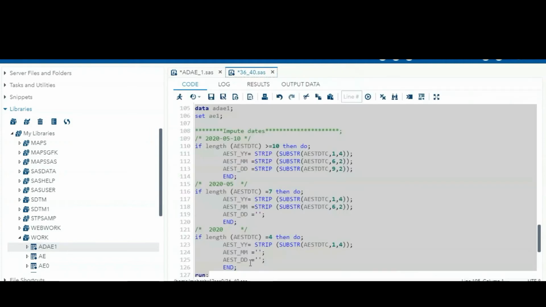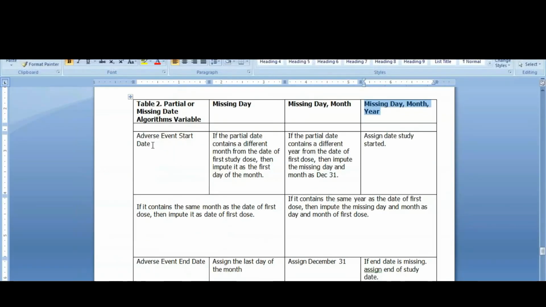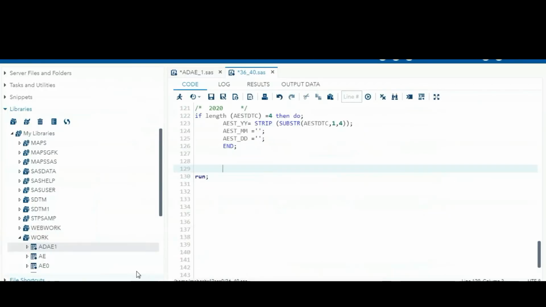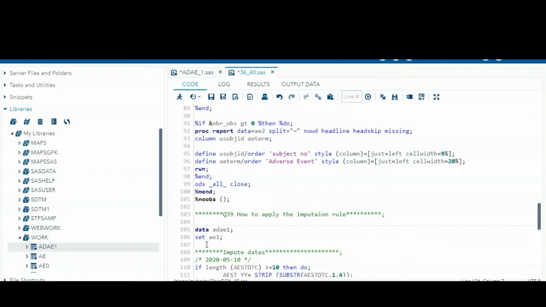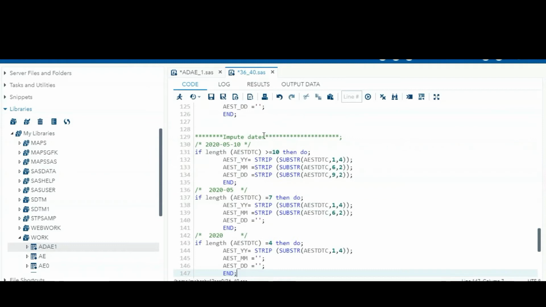After that, do the same thing for AEENDTC also. We are going to handle the adverse event start date as well as the adverse event end date imputations, right? So I am copying the same code here, with the input date for the end date.